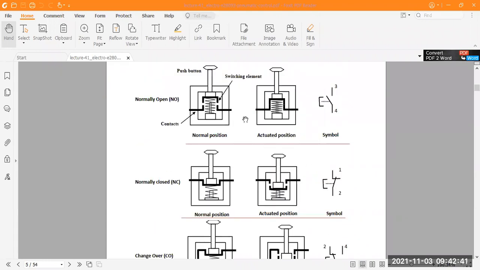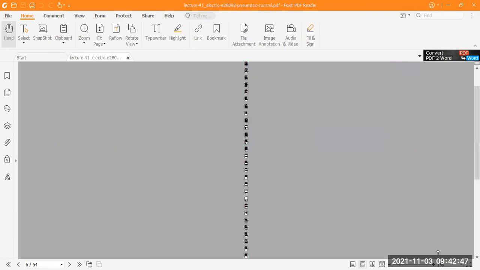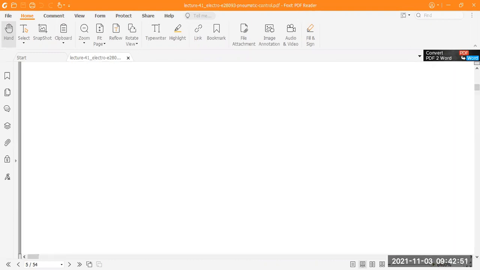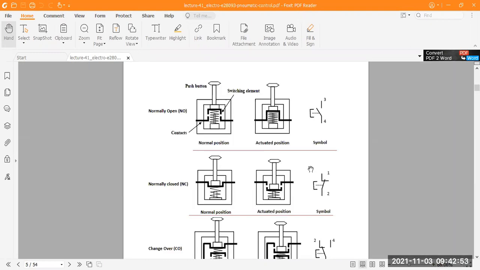In the last class we discussed broadly these three types of switches. First one is the normally open, the NO type switch. So this NO type switch means normally open.